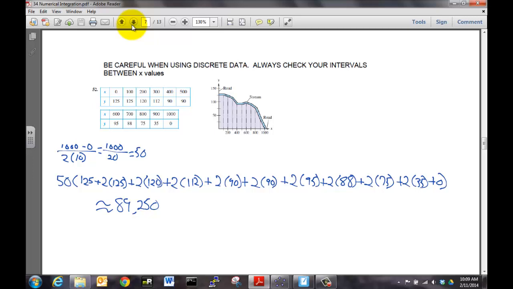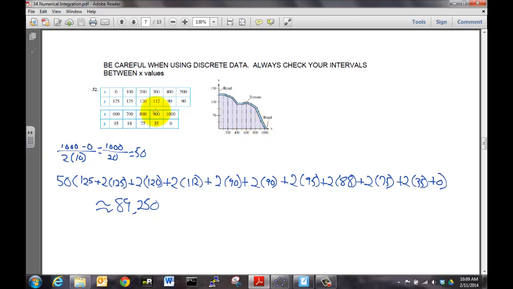One final way that we'll estimate is when we're given discrete data. So for example, this came out of a textbook, and we are told that the y values at these particular x values are these approximations, or these numbers. And we want to approximate the area of this. Well, we can figure out how many trapezoids we have here. If we count them up, we will see we've got 1, 2, 3, 4, 5, 6, 7, 8, 9,